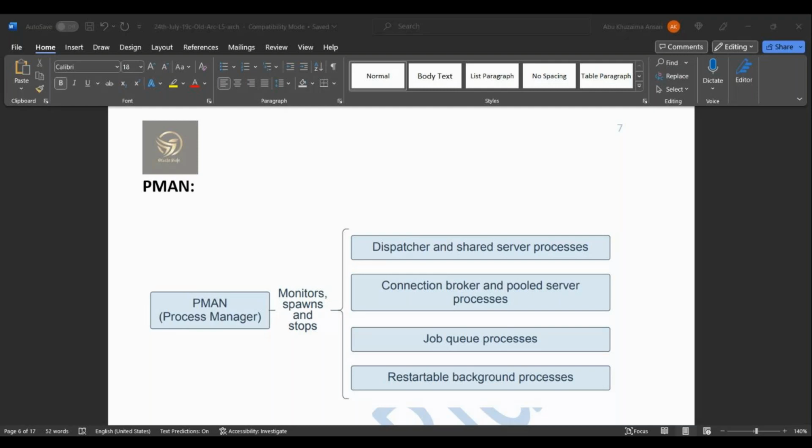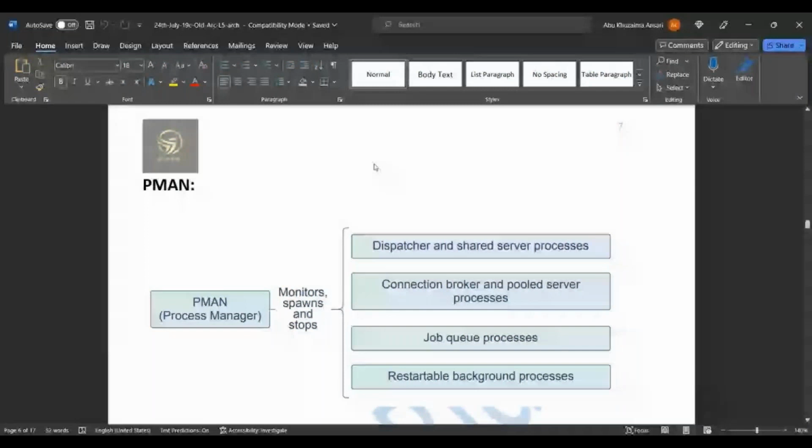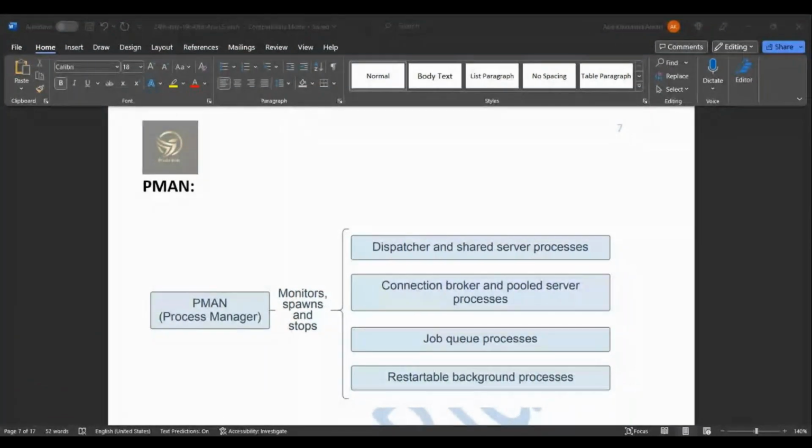So PMAN actually monitors, spawns, and stops the following types of processes: dispatcher and shared server, connection broker and pool server processes for database resident connection pool, job queue processes, and restartable background processes. Okay, so this is the work of PMAN. Clear guys? In the diagram it's mentioned. Okay,